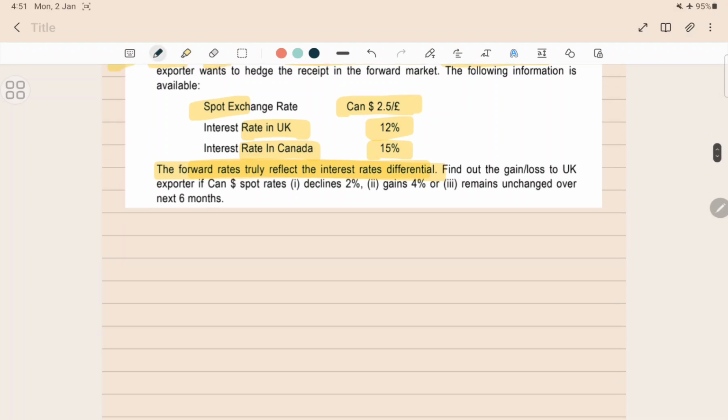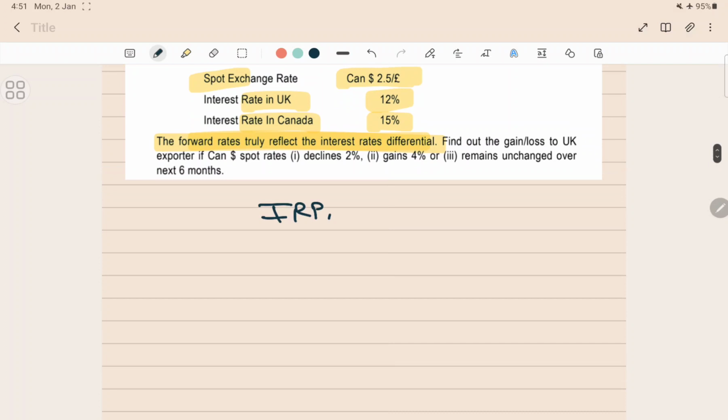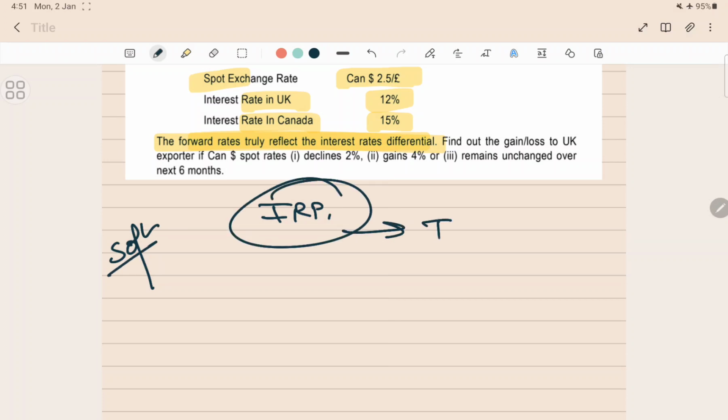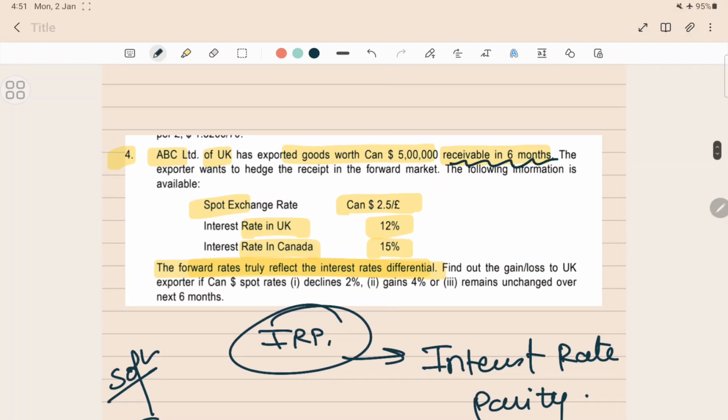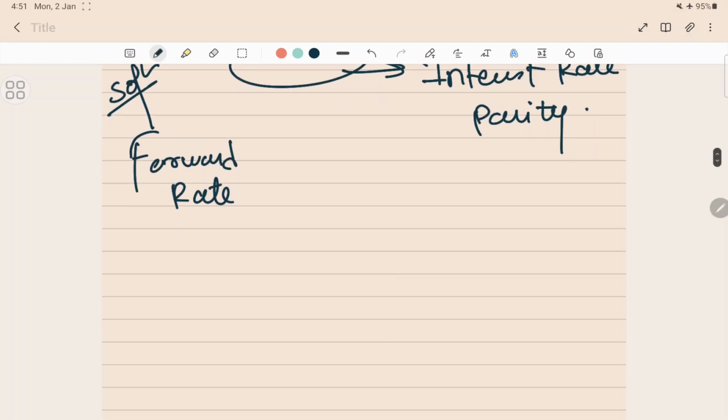Let's start. What is IRP? We are not learning the derivation right now, we're just focusing on the solution. Okay, but yet in a little bit detail. IRP, the name itself has interest rate parity. Now, forward rate after 6 months, see, they've given receivable in 6 months and they want to hedge this receipt in the forward market. So forward rate after 6 months,